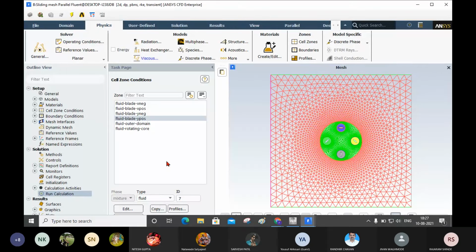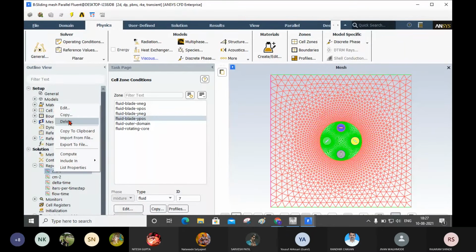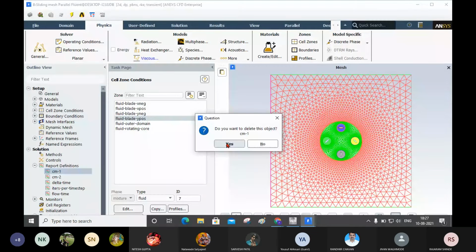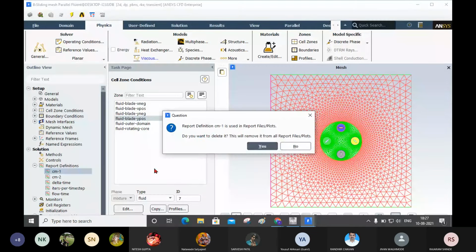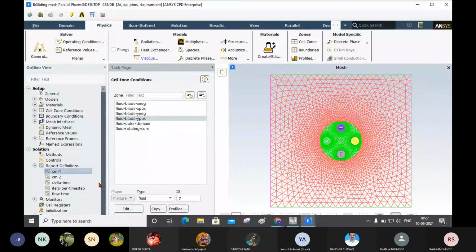Now one thing I want to tell you here: the monitors which we have calculated and plotted should be deleted. That means you should delete the report definition, that is CM1 and CM2. So I will delete this CM1, that is the moment monitor, and CM2, this is the report.